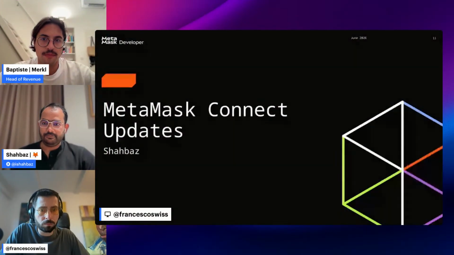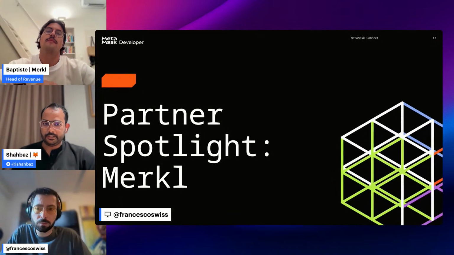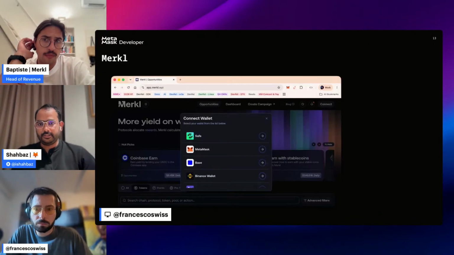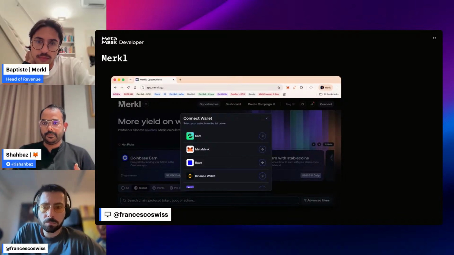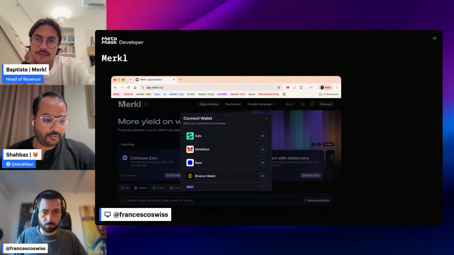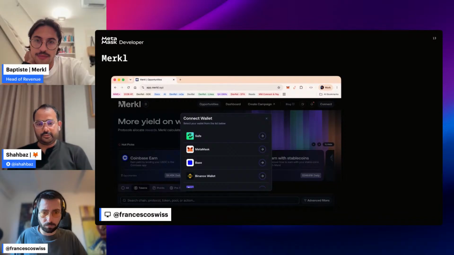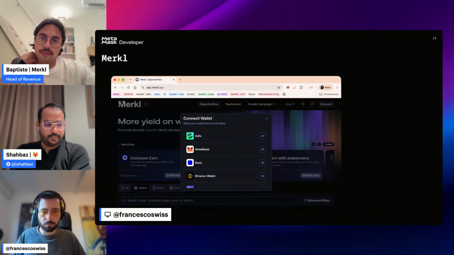And one of the key features of MetaMask Connect is that if you integrate with it and the MetaMask extension is not installed, you still capture the MetaMask user through the QR code flow. Even if the extension is not installed, when you click on MetaMask, a QR code pops up, and if you have MetaMask mobile on your phone, you just scan it. It just works, and you retain all of the security of MetaMask. So it's a very good feature of MetaMask Connect.